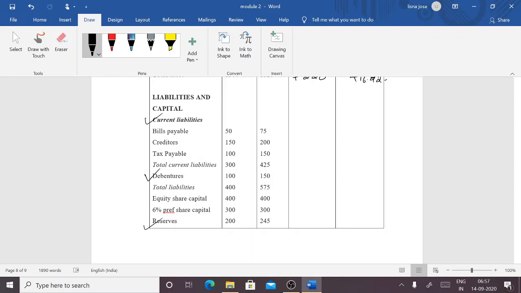So in bills payable, the liability is increased by 25 and the percentage for the same is 50. And coming to creditors, it is increased by 50, and what is the percentage for the same? It is 33.3. Then tax payable, it is 100, increased by 50, and the percentage for that is 50 percent. Then we need to take the total of current liability, that is